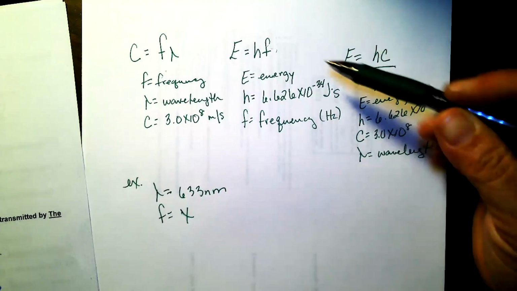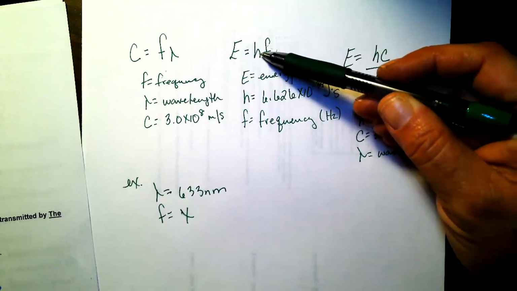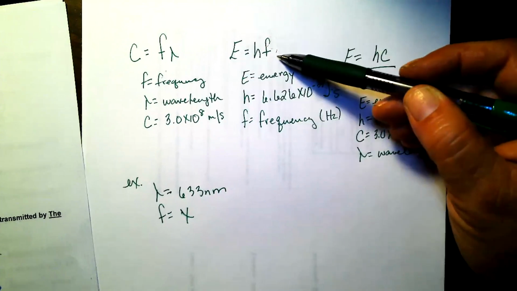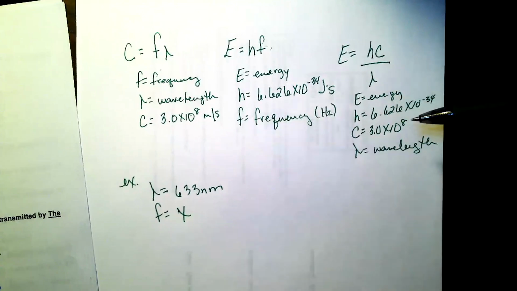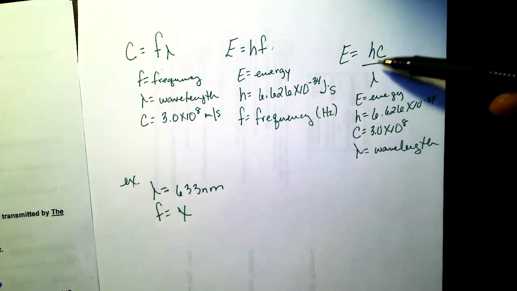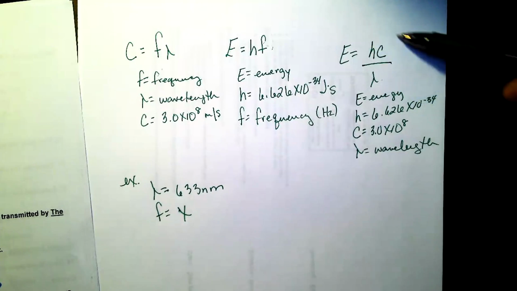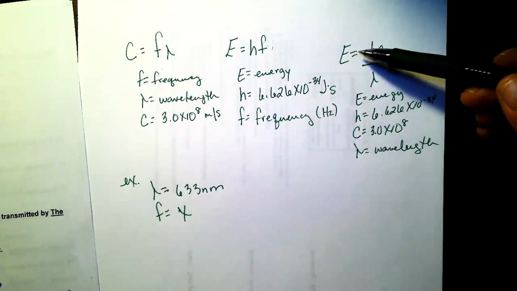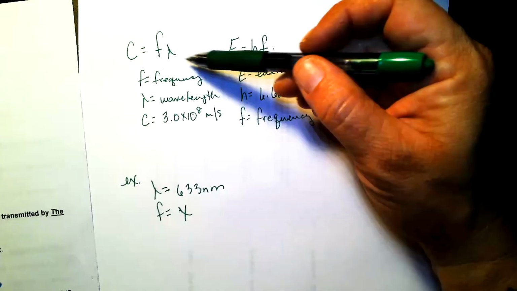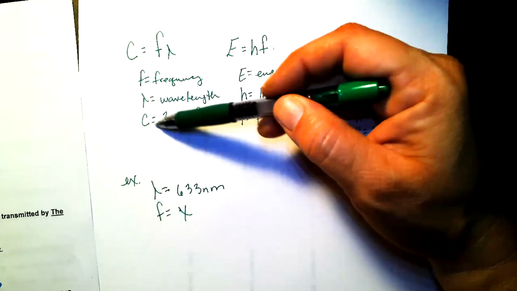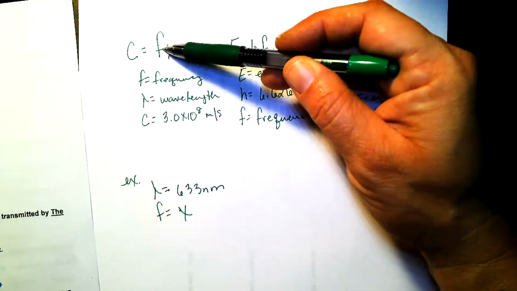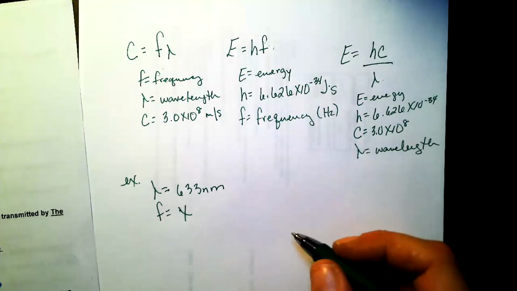And so we can see this one has Planck's constant, energy, and frequency. We don't have wavelength. This one has wavelength. However, this equation does not have frequency, and we're not solving for energy. So here in this problem, we know what C is, and it both utilizes frequency and wavelength. So we're going to use the first equation,